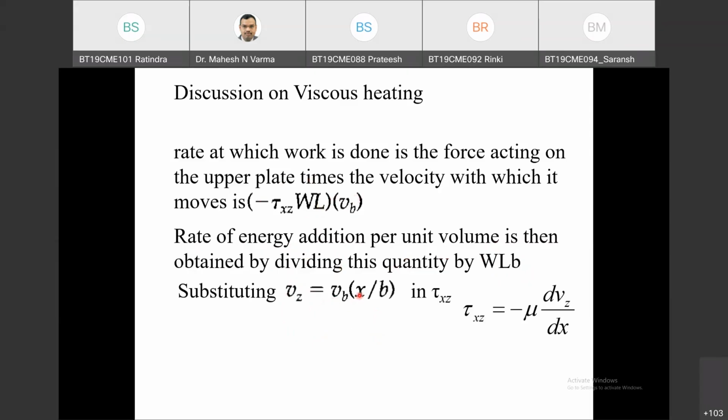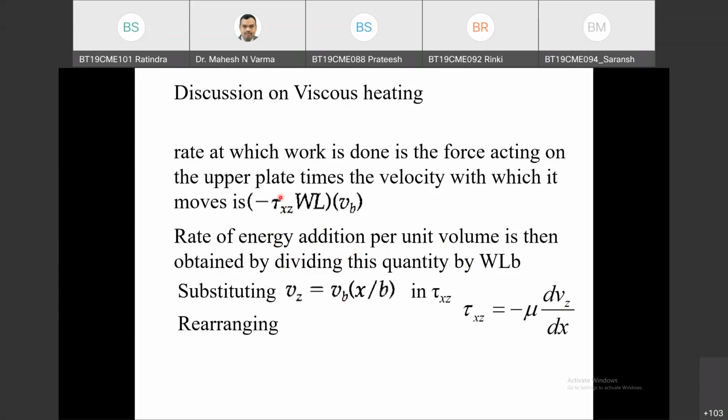as Vb x by B. So tau xz will be equal to minus mu dVz by dx. So dVz by dx will be Vb by B. Substituting both here, and the rate of energy added per unit volume, the rate of energy added, rearranging